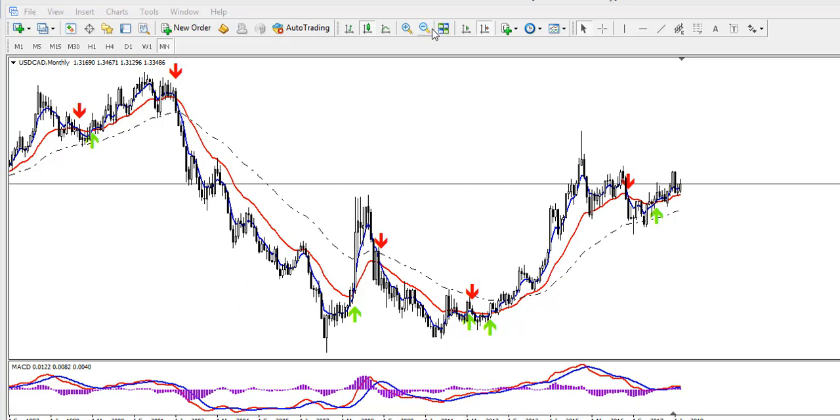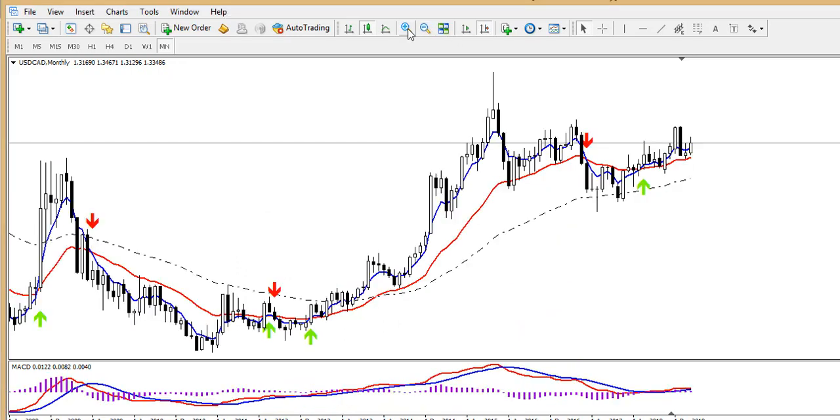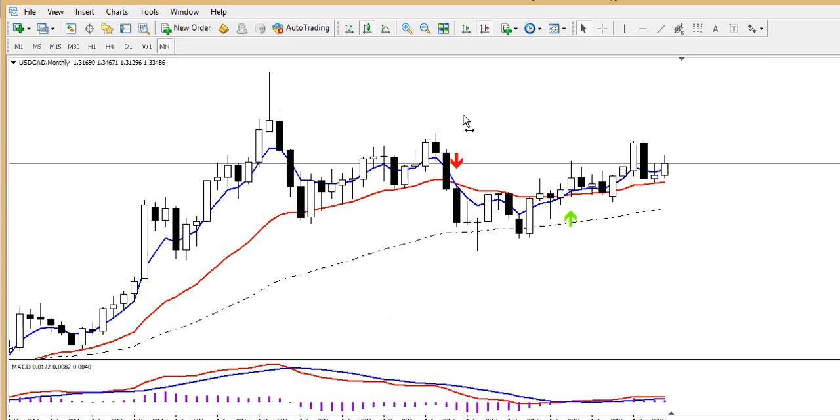If I make the chart bigger, and now my focus is just on the present monthly candle, here you can see quite clearly that we still have another Elliott wave. We have the first wave, the second wave, and this whole thing here is the third wave. I can actually call this the fourth wave and then the start of the fifth wave here, but that's